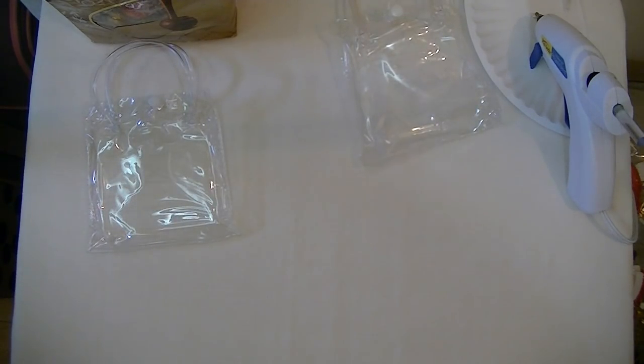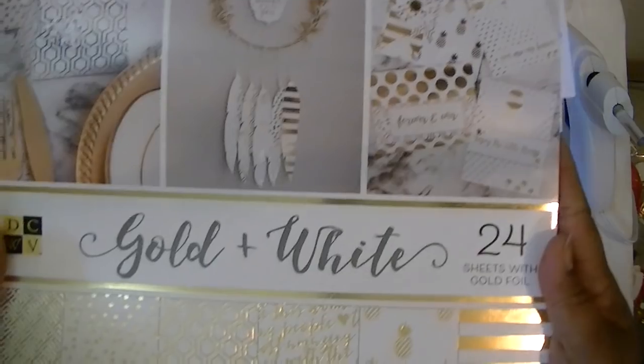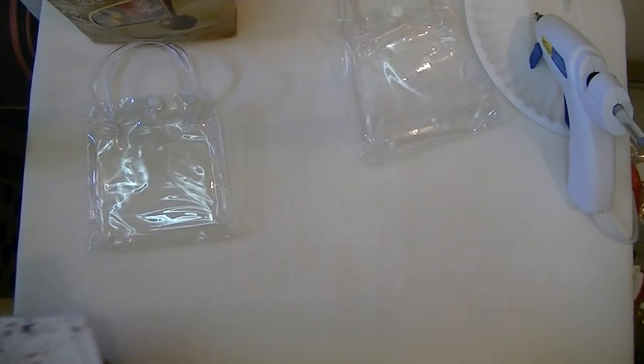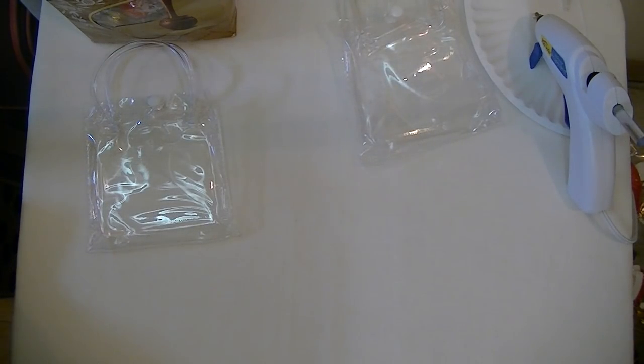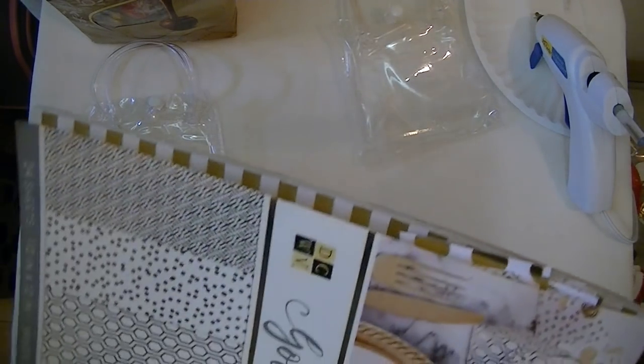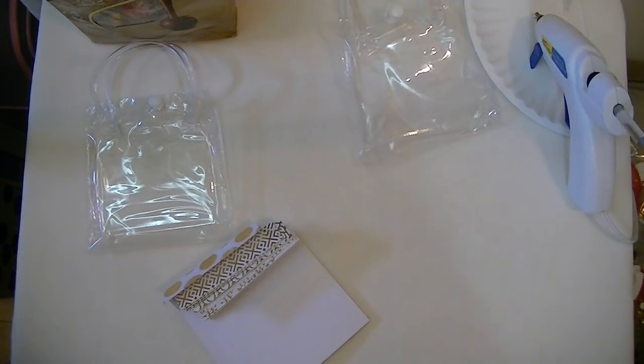So, the paper that I used, let's see if I can grab it without dropping anything. So the paper that I used is this DCWV Golden White. Super, super pretty. So I cut out a bunch of sheets when I was making all of these a couple of weeks ago. And so we're actually just going to pick from there. Hold on 1 second as I put this out the way. Here we go. Okay, so